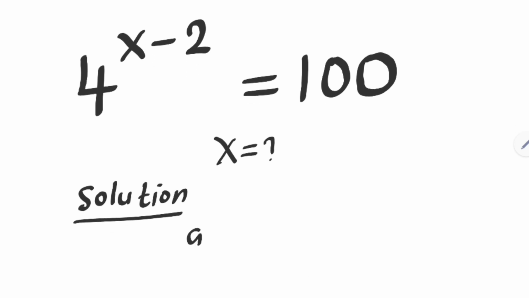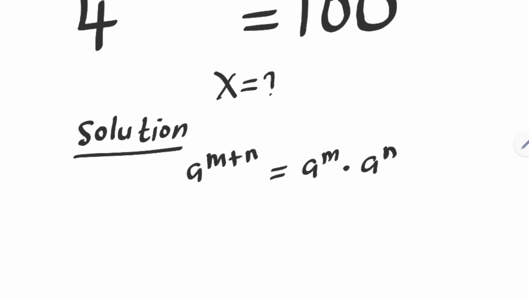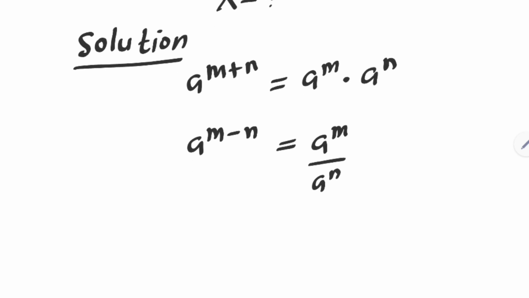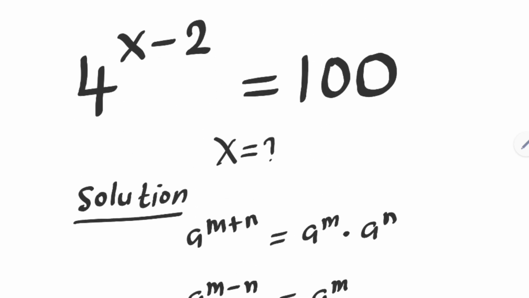If you have a raised to power m plus n, this is equal to a raised to power m multiplied by a raised to power n. If you have a raised to power m minus n, this is equal to a raised to power m divided by a raised to power n. And if you have a raised to power minus 1, this is equal to 1 divided by a. Therefore, this can be written as